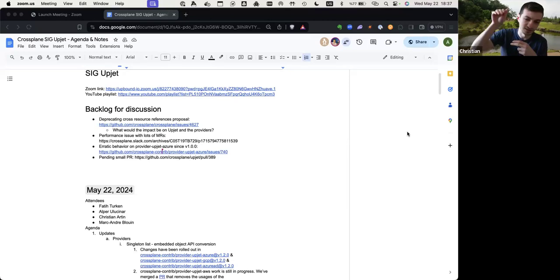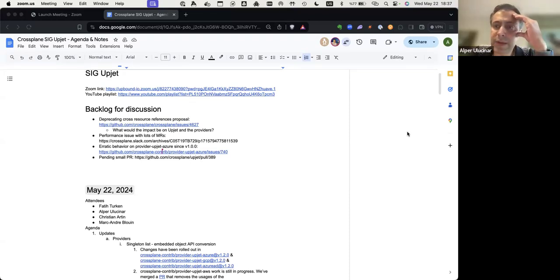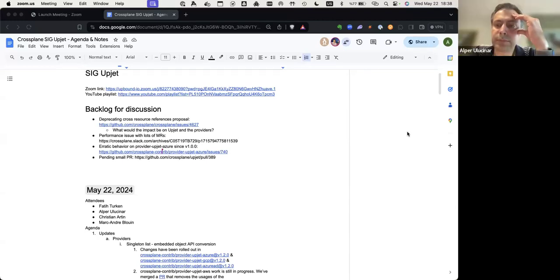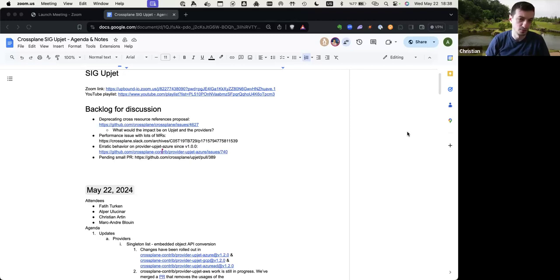So yeah, we're seeing the synced condition turn to false on all resources continuously. What's the reported error? You know, when you see sync being set to false, you should also see an error message. Yeah, in the status and the logs. Exactly. We do see context deadline exceeded. Oh, okay. But we're not seeing the rate limiting error on the resources itself. So I'm not sure if it's actual rate limiting from Azure or if maybe the timeouts have been changed in Upjet since. I don't know if something has been changed in the timeouts somewhere, but we're seeing context deadline exceeded.